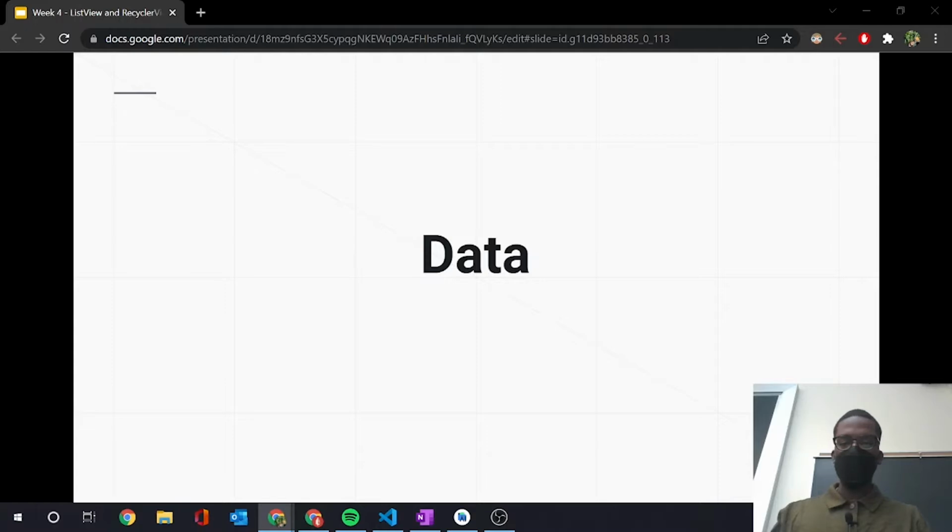So first we have our data. This is usually information from your backend plus some representative class in Kotlin. People usually call this class a model. The data is what we're building a list of. For example, we have all our Facebook posts. We want to condense that down to actually building different things in the recycler.